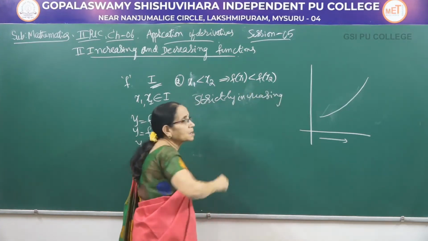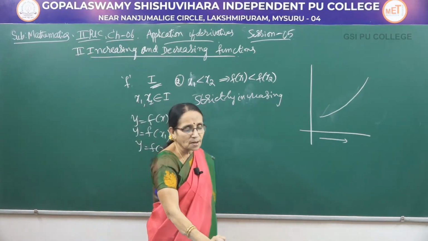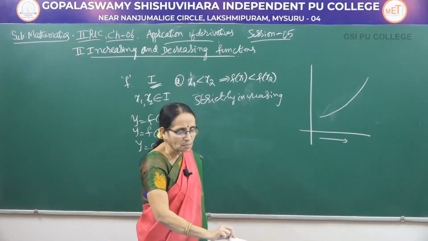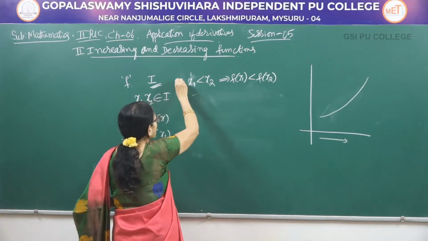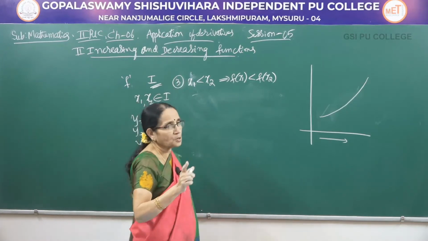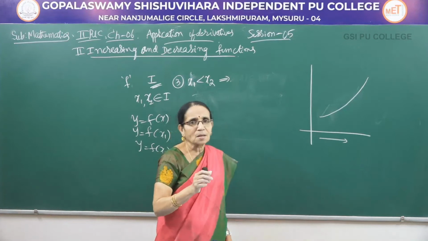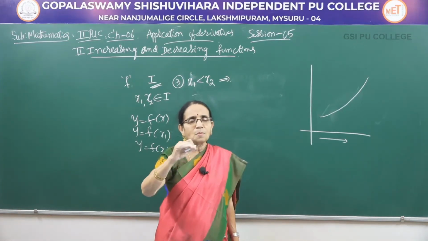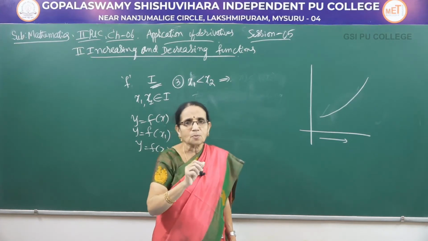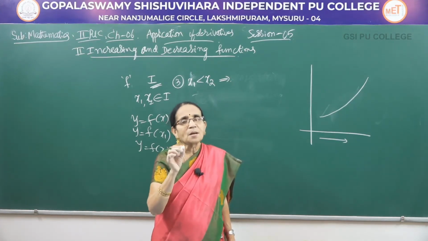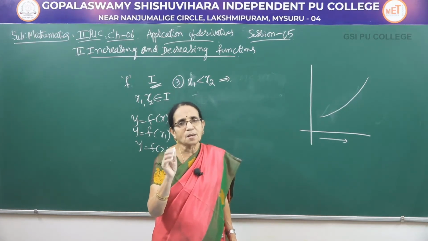First one, when we had equality, is called an increasing function. Now, this is a strictly increasing function. Now, let me consider another one, the third type here. So, increasing has two parts. One is strictly increasing, another is increasing. Increasing means it may increase, then it may maintain a certain level, and again it may increase. So, generally we say x1 less than x2 implies f of x1 less than or equal to f of x2. It is an increasing function.